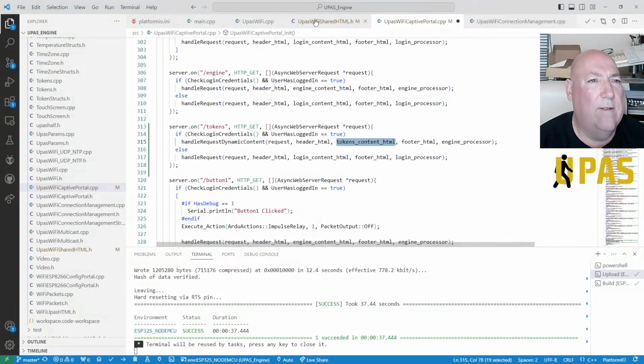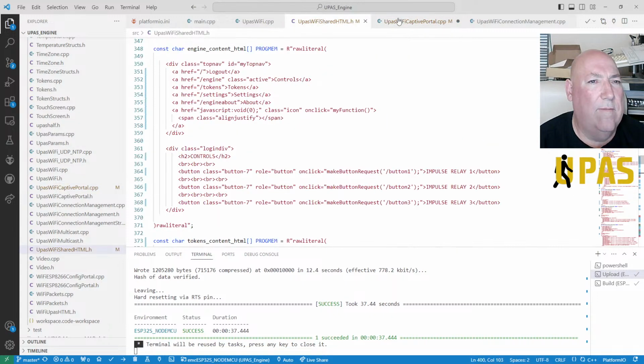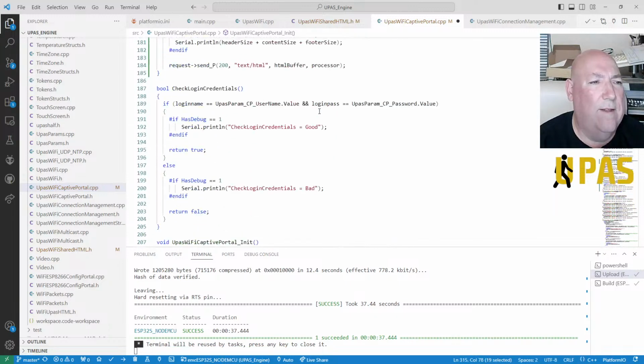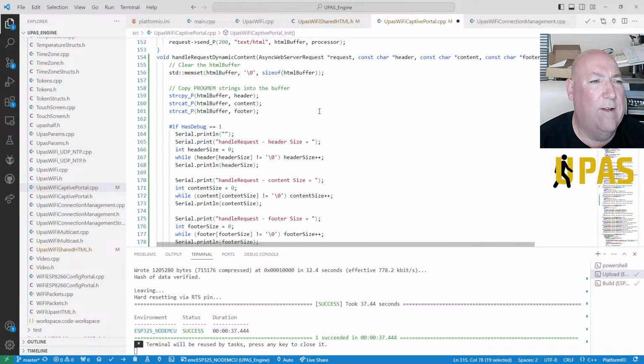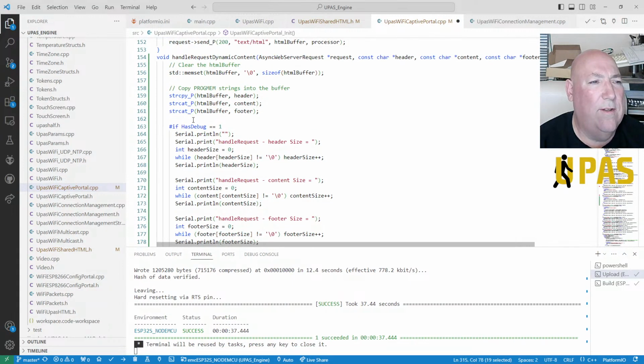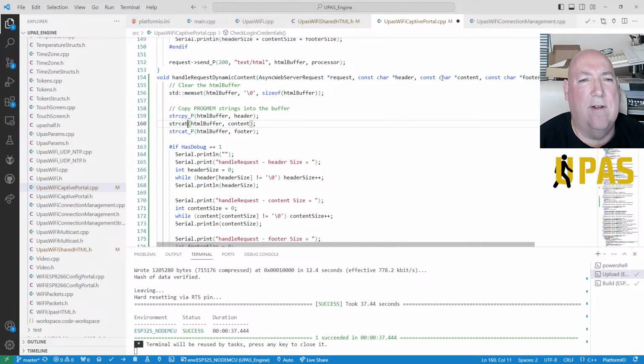So we go up to our main root function, our new function there, dynamic content. So we need to change that from a string P to a string cat, and we need to go from a constant character content.